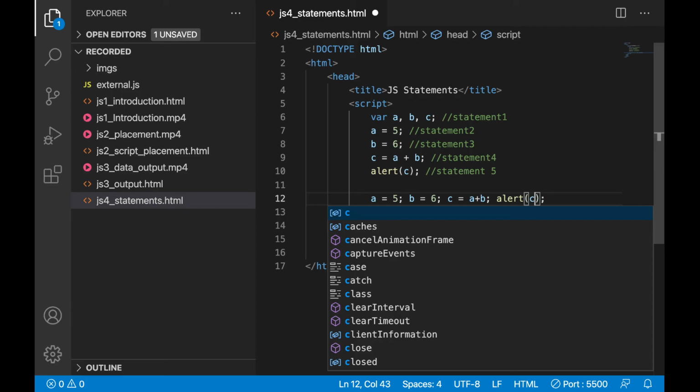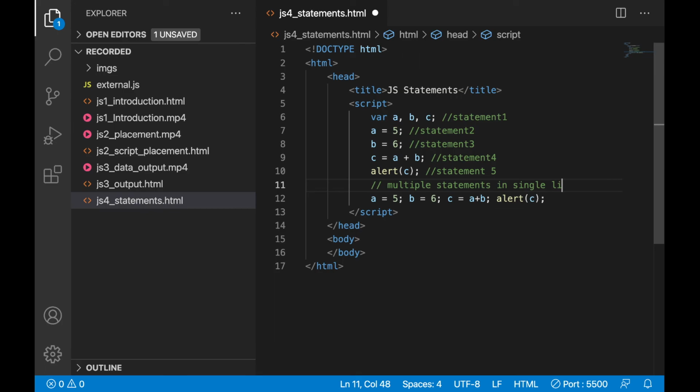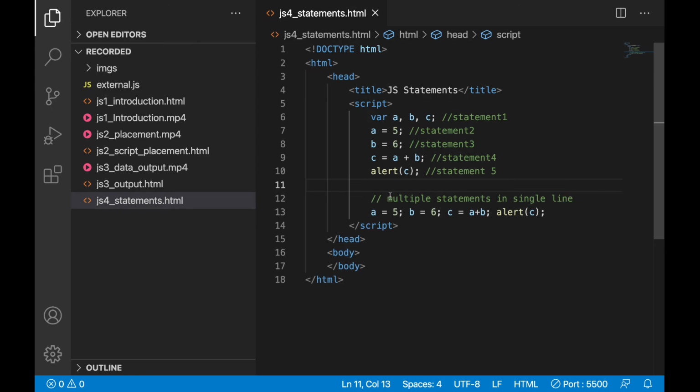So we can write multiple statements in a single line. Here also one more alert will come. See, 2 alerts came. One is with each statement in a separate line. The other case is multiple statements in a single line. So that is about statements.